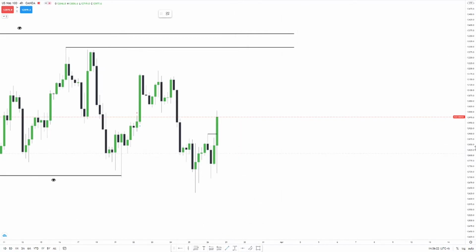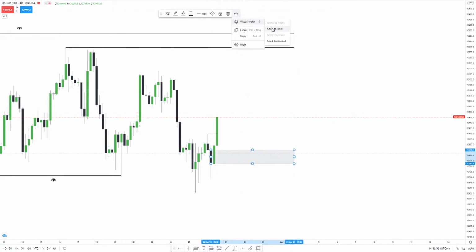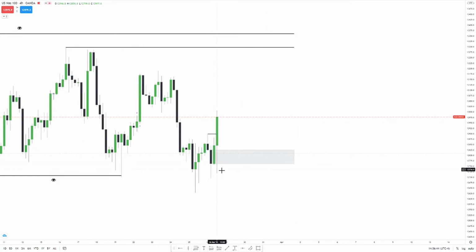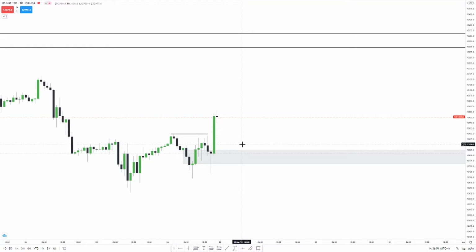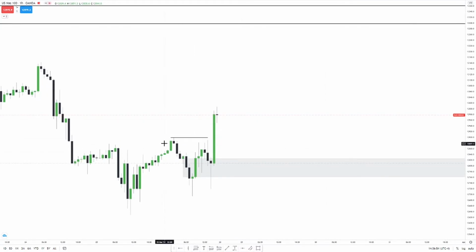So what I could be possibly waiting for is for price to head towards this region. All right, let me use a block rather, right, this last down close candle. You could use this one, but for this last down close, I just use it to minimize the risk. All right, so let's just head down to the 1 hour to make it a bit more clean and to define everything. So this was the high that price broke, all right,